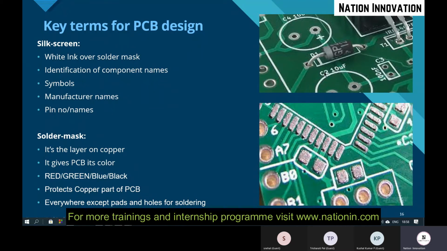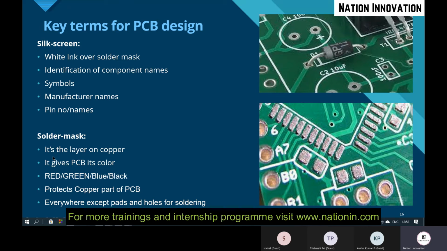So if you want to mention the component values, like if it is a capacitor, they have mentioned it as 10 microfarad, and its name, it is the second capacitor, hence they have named it C2. So identification of components is done using this silk screen, and symbols are also drawn using this silk screen, and manufacturer's name and pin numbers and part numbers. Whatever text you are going to write should be in silk screen.